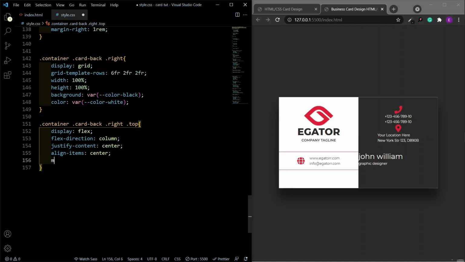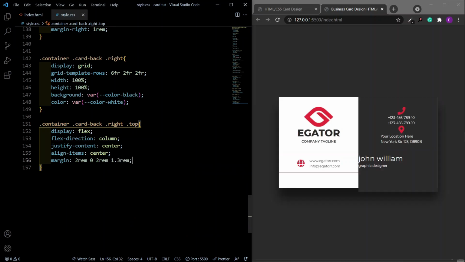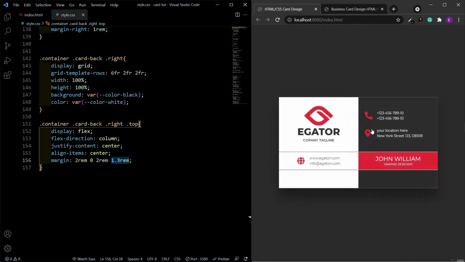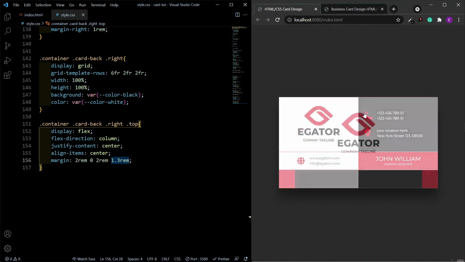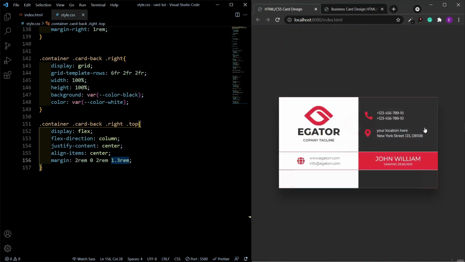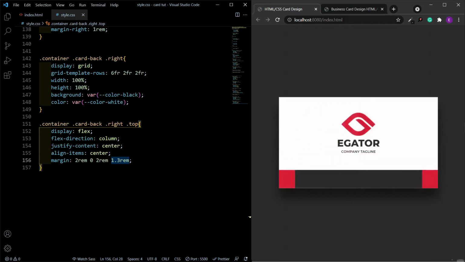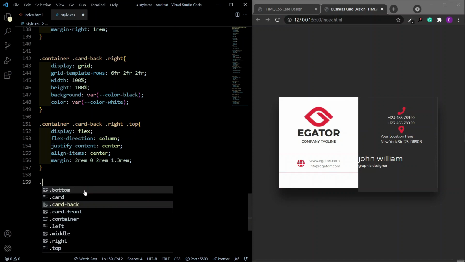And give it a margin of 2 rem 0 to 2 rem 1.3 rem. Okay, and you understand why I'm giving it this margin. Okay, so let me explain. With the finished project, they're going to give it a top of 2 rem and then a left of 1.3 rem. Okay, and this side will be 0. So top and bottom will be 2, and then this side will be 1.3 rem. Okay, so for the top contents,